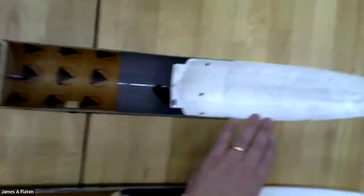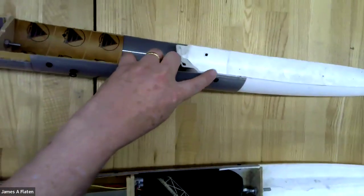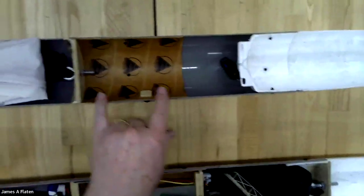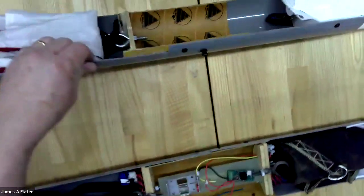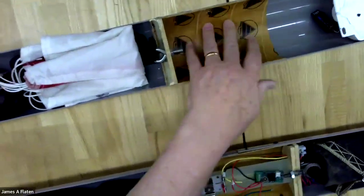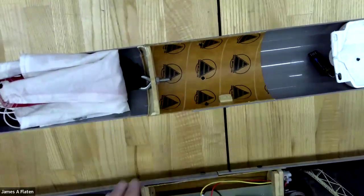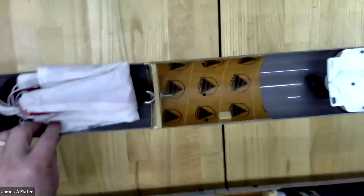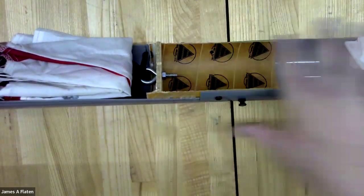So basically, here's the nose cone. The nose cone fits inside of the rocket. So basically, there's an overlap. That's the shoulder. And then the airframe in this particular rocket has two sections, which is broken right here. There's a separation point right there. Okay. So this coupler tube is inside the rocket so as to keep the upper section and the lower section aligned with each other. And in actuality, during the flight, the rocket would separate here with the entire upper half,